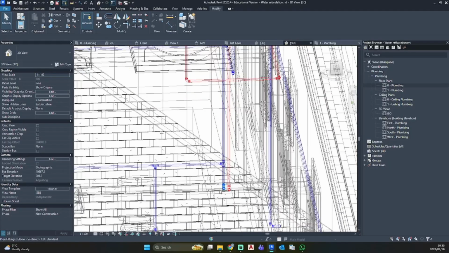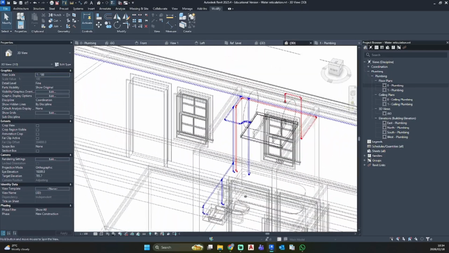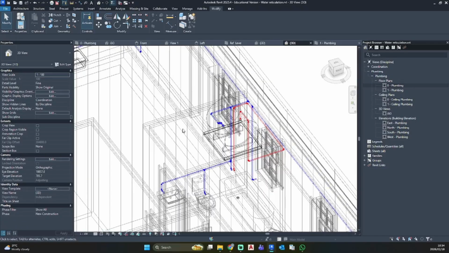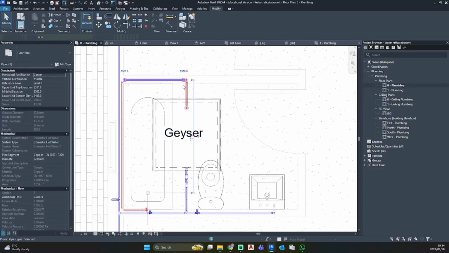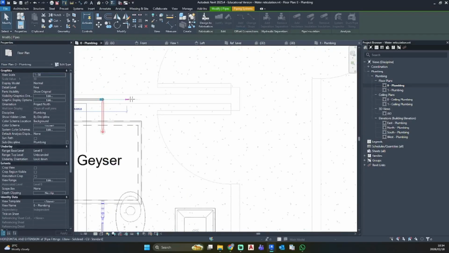Okay, that one's over there. We can't cross the pipe, so we'll have to take it around. So I'm going to go here, and I'm going to go and take it all the way here,